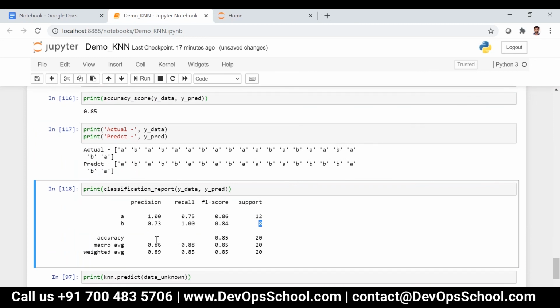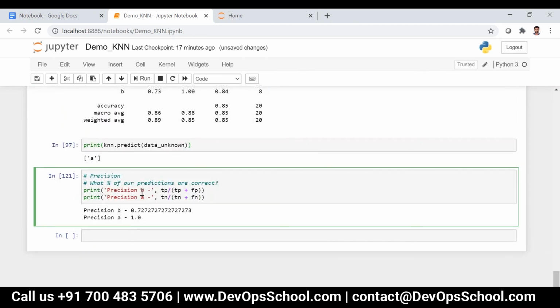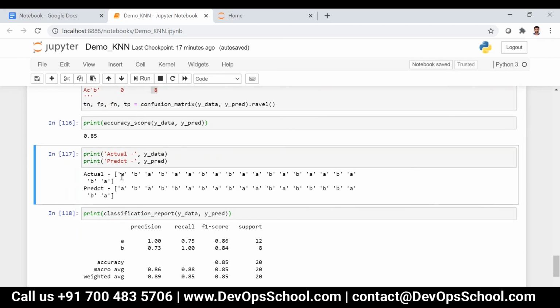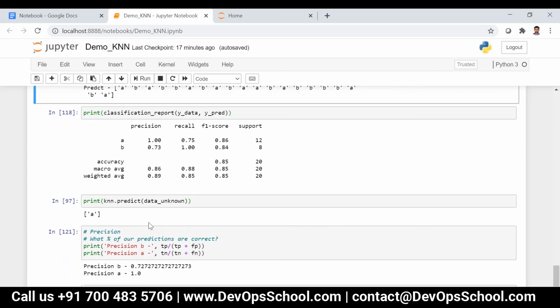Since it is not binary, we need to consider each parameter in a different way. It is considered based on the alphabetical order. For example, if I have B and C, B will be considered negative and C will be considered positive. Whenever you have labels, it will always be considered in ascending order, that is first A and then B.